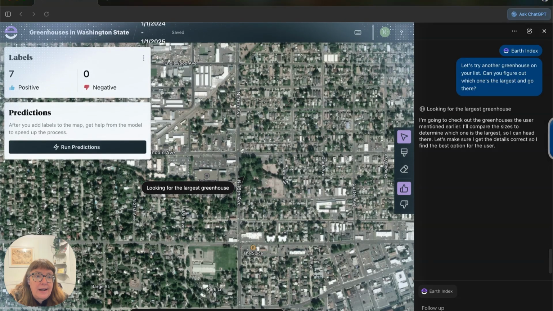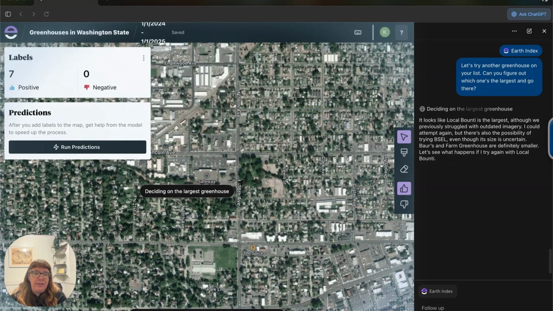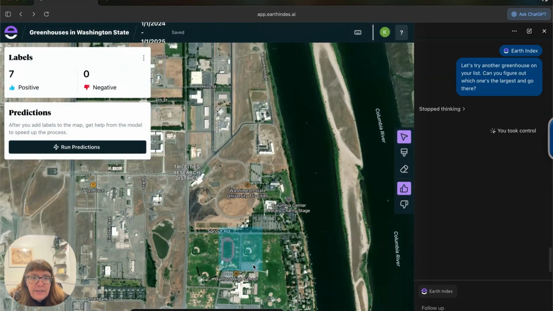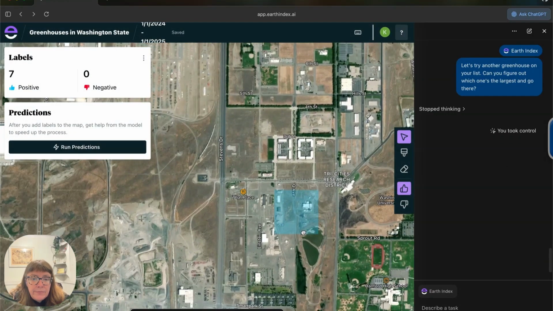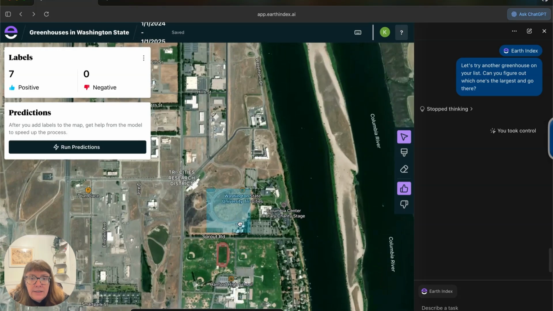But this is a generic LLM doing a specific task. So this is not how I would do this to create an application though. Okay, I'm going to take control again because that was the funny thing about this is